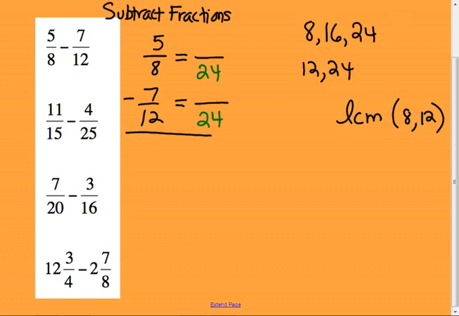12 times what gives you 24? George? We're going to change our fractions. 12 times what is 24? 2. Okay, and when you do 7 times 2, what's that going to give me? 14, right? And there's a minus sign there. Okay, how about the 8s, Josh? 8 times what is 24? Good. 8 times 3. So 5 times 3 is